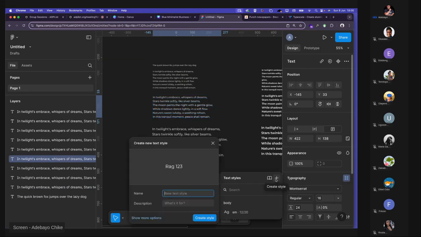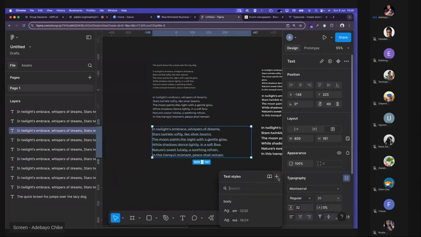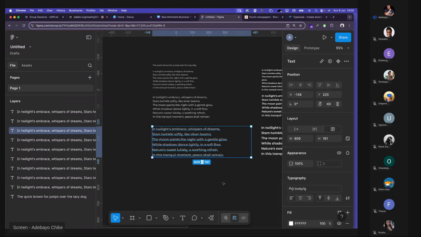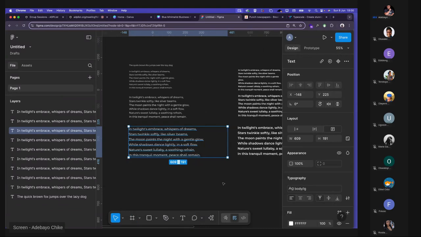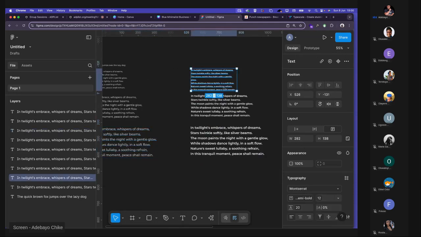New style, body slash medium, and body create style, body slash large. Now what you notice, they are all body, right? So I'll do the same thing here. New style,